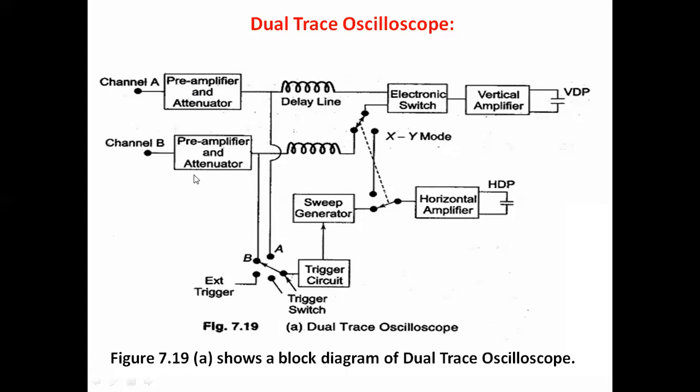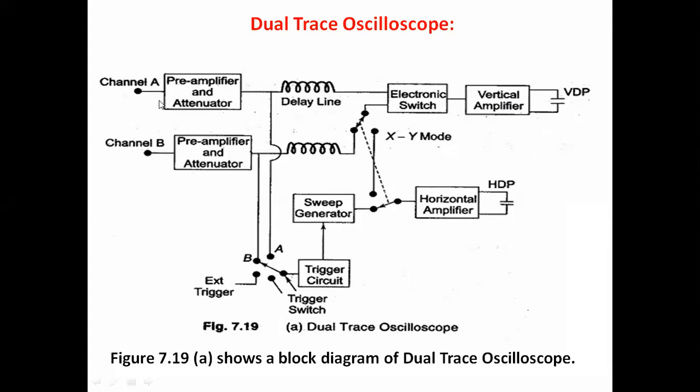Like this, we have eight channels: channel A, channel B, channel C, up to 8 channels at a time. This electronic switch, using some chopping frequency, generates a signal, and according to that, the switch is connected to all 8 channels. From those 8 channels it collects the information, and the collected information is connected to the vertical amplifier, and the vertical amplifier displays each individual signal. Like that we can produce all the individual signals at a time.